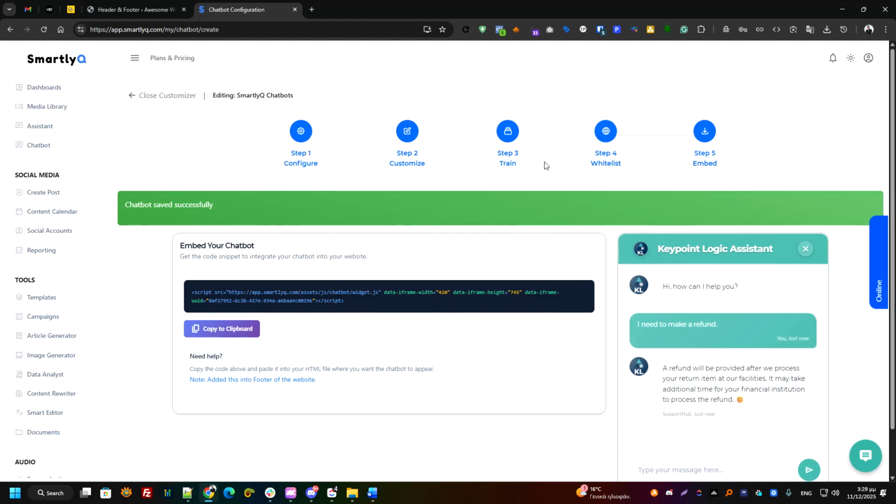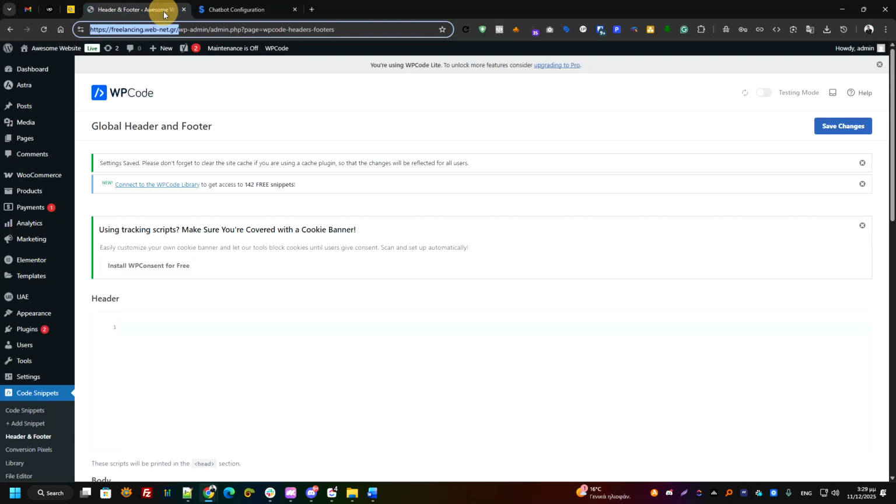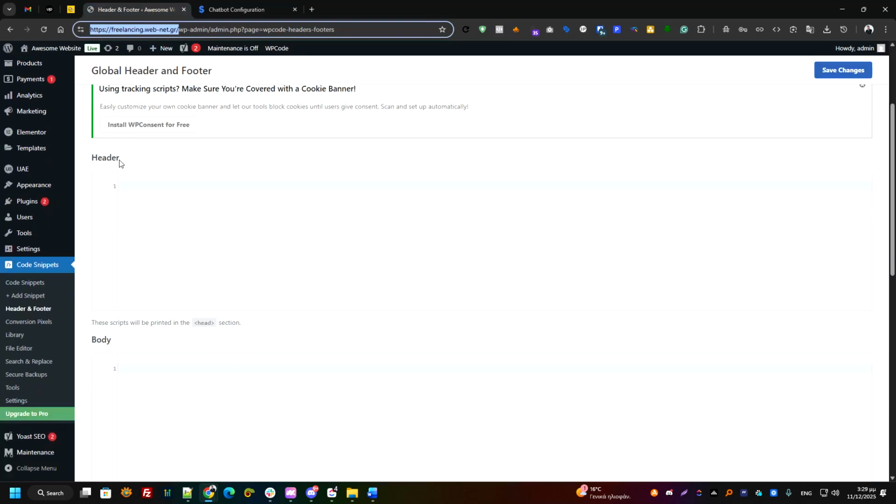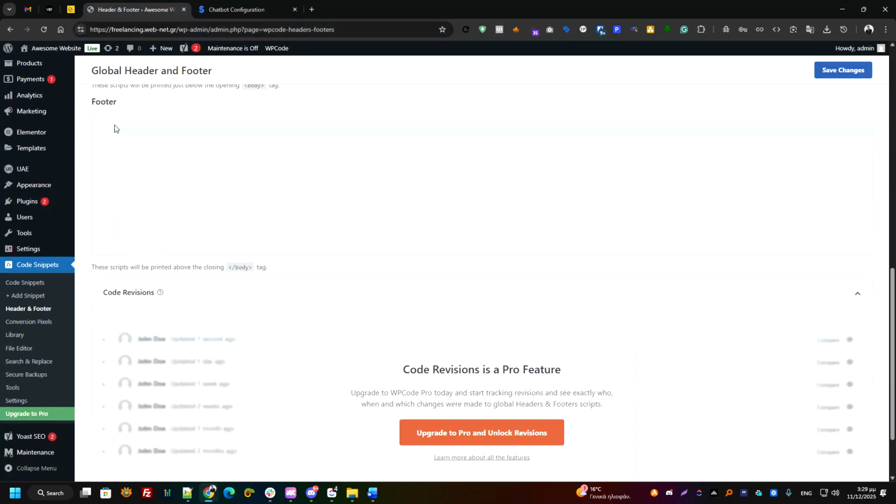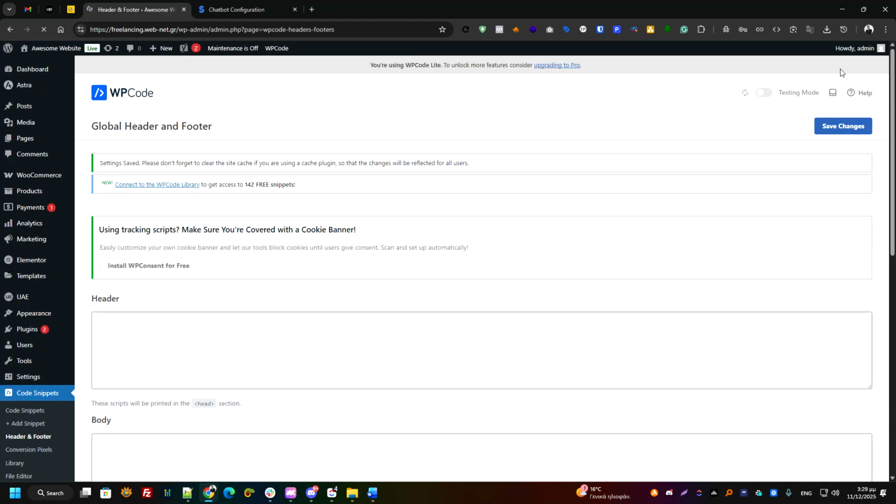Which brings us to the final step, step 5, which is embed. Our chatbot has been saved successfully, and we are given a code snippet so we can integrate this chatbot into our chosen website. So this is a code we're going to copy. Just press copy to clipboard here. You can see it's copied. And it's going to go back to the plugin I have here, and I can either paste it in the header or the footer if I want. I'm just going to paste it in the footer. I'm going to press save changes,